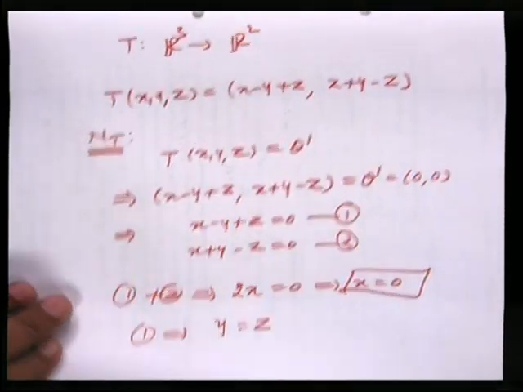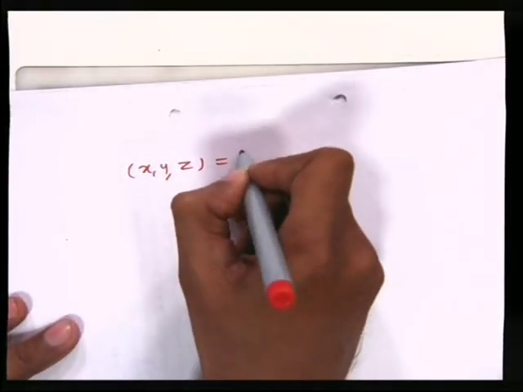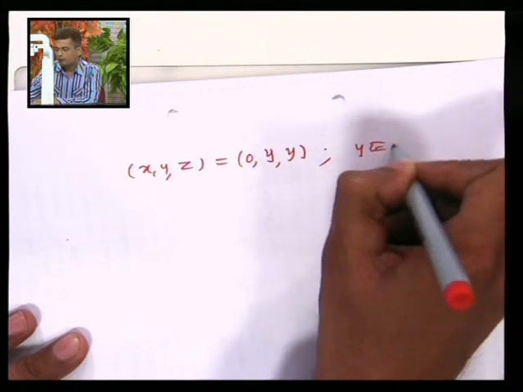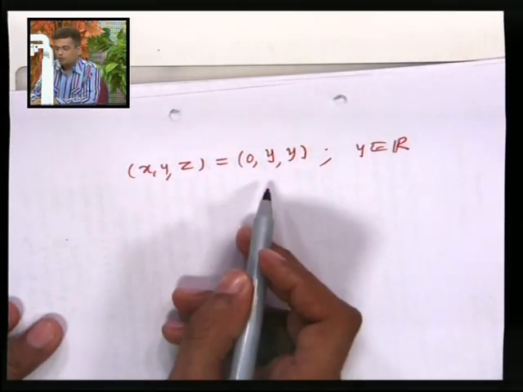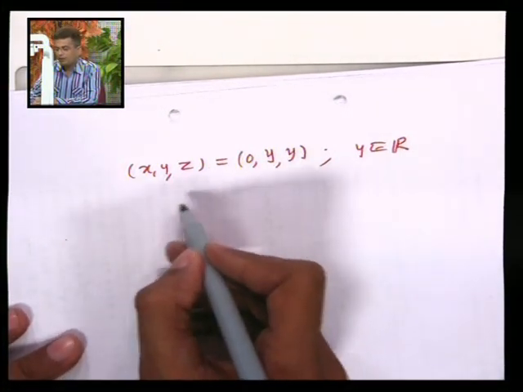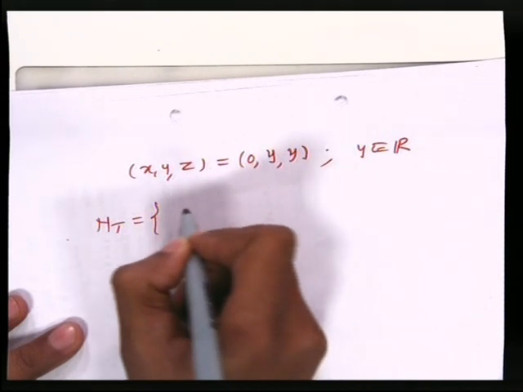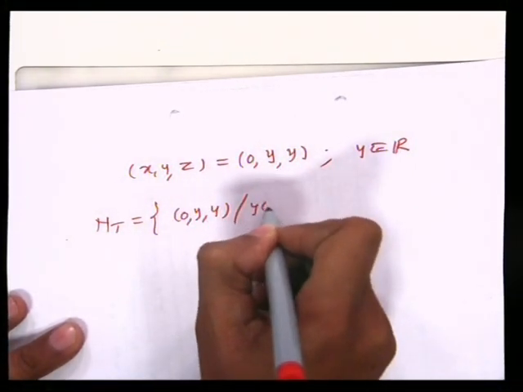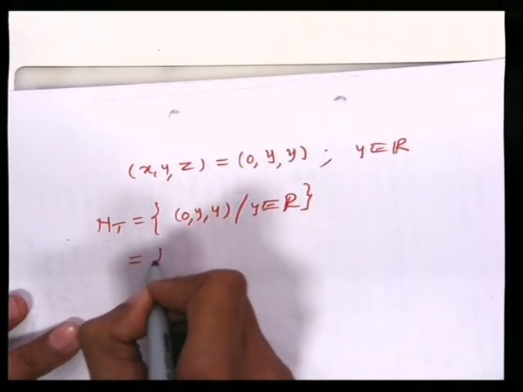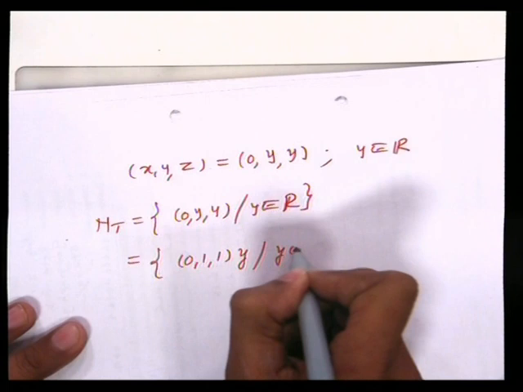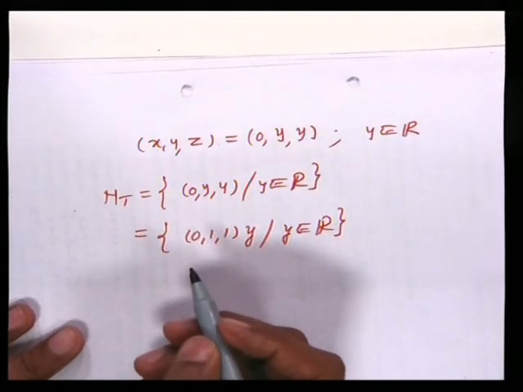So our vector xyz, for which T of xyz is equal to theta dash, is xyz equal to 0, y, y, where y belongs to R. So we can say that this vector belongs to the null space NT, and it is of the form 0 y y, where y belongs to R. So NT is the set of vectors 0 y y, where y belongs to R. We can write these as 0 1 1 times y, where y belongs to R. So we can say that the null space